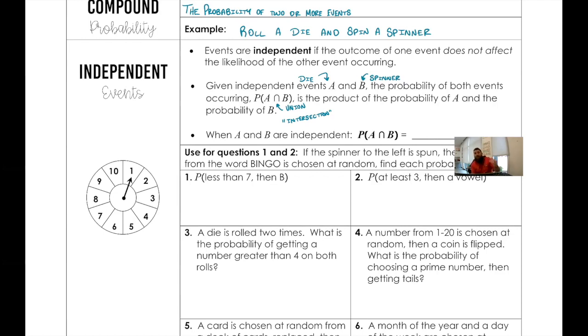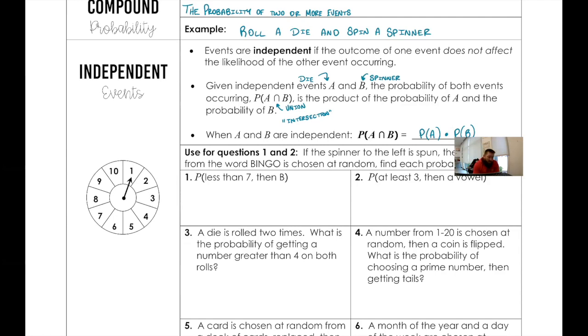So when A and B are independent, we're going to multiply the probability of A occurring by the probability of B occurring. So whatever the probability of A times whatever the probability of B. So 1 and 2, we're going to use the spinner on the left, and we're going to flick it. We're going to spin it. And then a letter from the word bingo. So we're going to do two simple probabilities and then combine them to get our